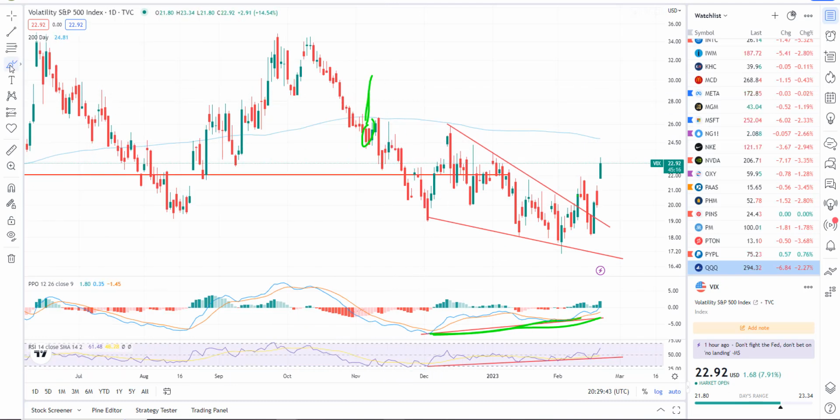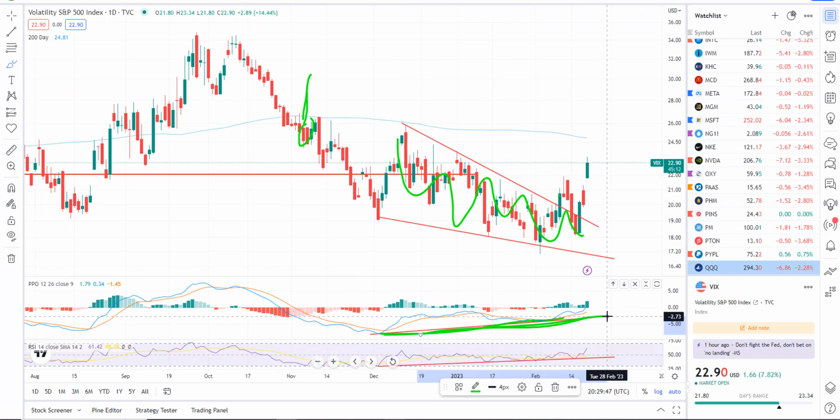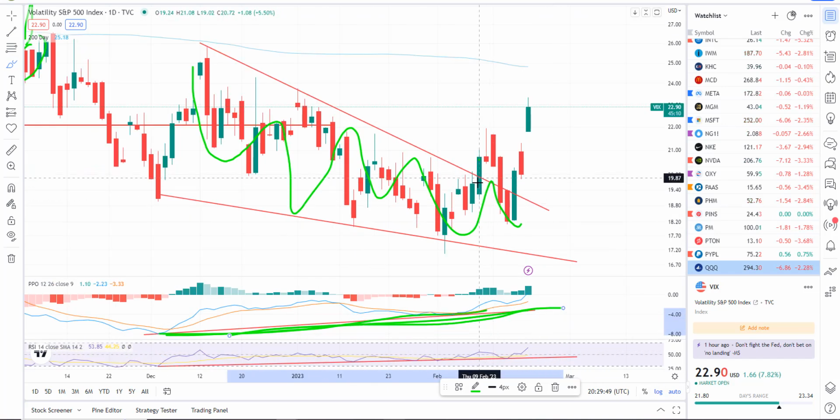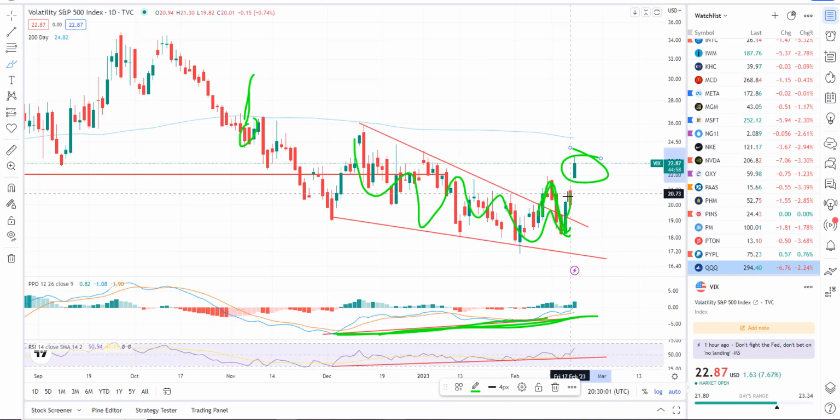Obviously, I did point this out, especially to the private member group. Bullish falling wedge pattern, bullish divergence on the momentum indicators, broke out. It was kind of whippy price action during the last couple weeks, but we broke out, backtested, broke out, and now we've clearly put that price action in the dust. So obviously we're breaking to the upside, and a little way to go. I think we're probably going to hit that 200 SMA there.